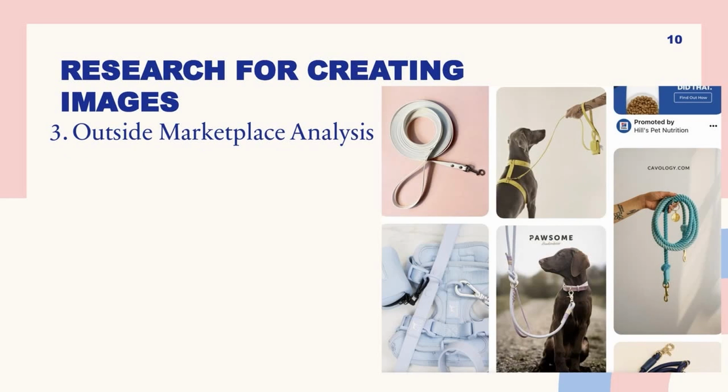And then another thing that I like to do when running research for images is outside marketplace analysis. And this is your external inspiration that'll help you elevate your brand, because you're looking at the best players in your niche, but outside of the Amazon marketplace. This could be Pinterest, and you'll see a mood board like this, or it could simply be a Google search and you go onto the best companies that are in your niche. These companies will usually have strong branding,